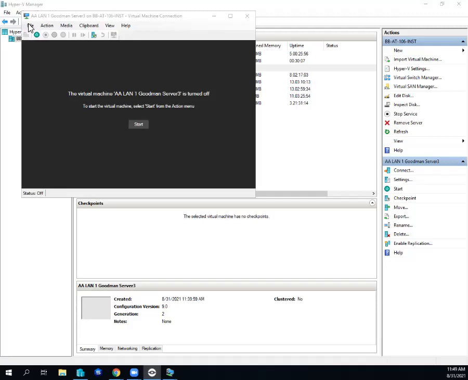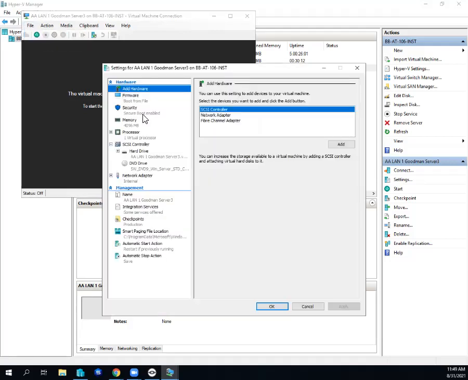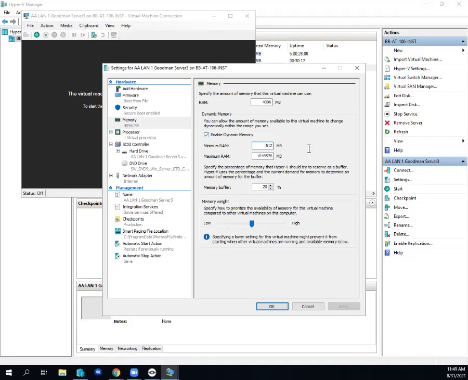I'm going to go ahead and modify the RAM settings. The settings are File, Settings, and then Memory. It's 384, and the maximum is 4096. I'm not going to worry about bumping the CPU up or anything. I'm just going to do the RAM